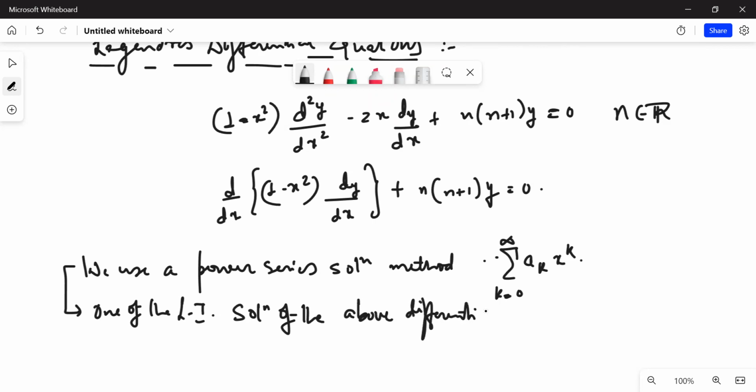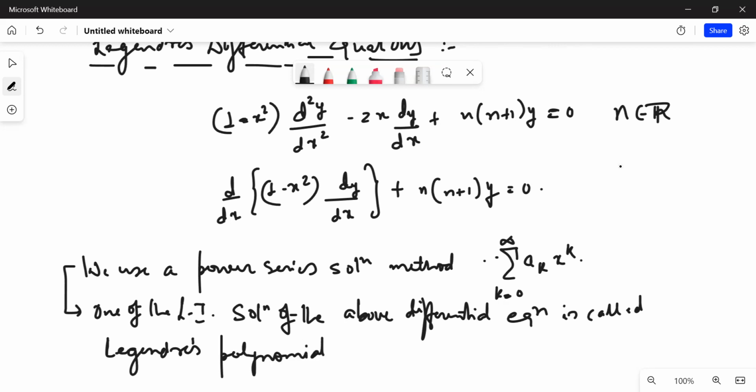I can solve this also, but the point is that this is going to take a lot of your time, and eventually you have to remember the result. So that's why I'm not getting into that. One of the linearly independent solutions of the above differential equation is called Legendre's polynomial. But one of the things that you need to remember, since it is a polynomial, is that it cannot